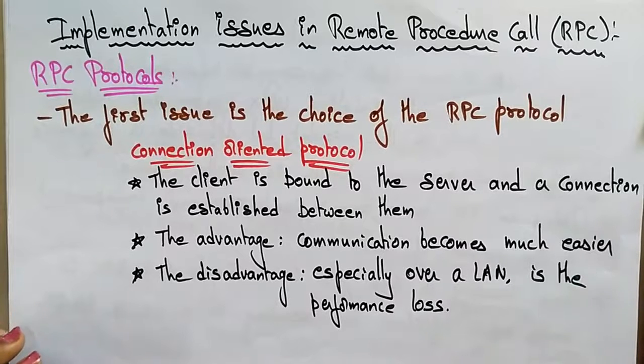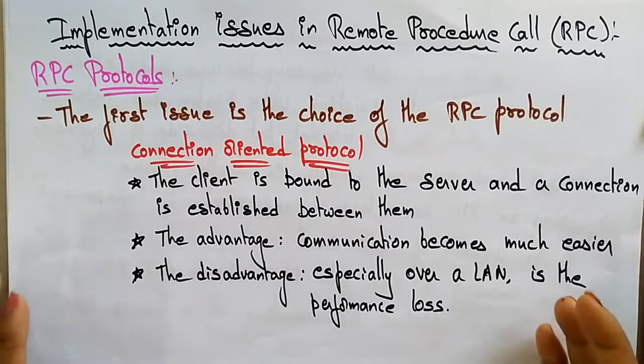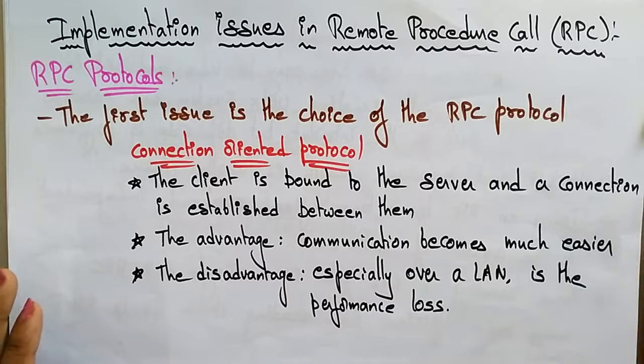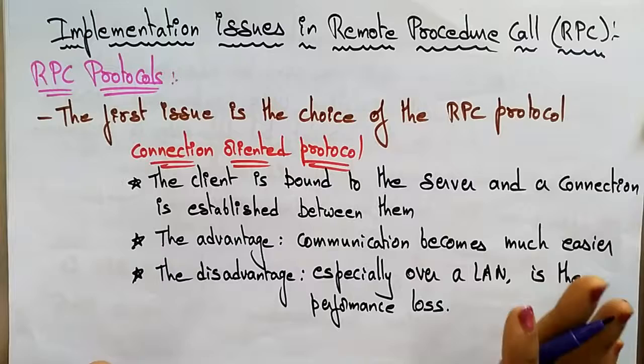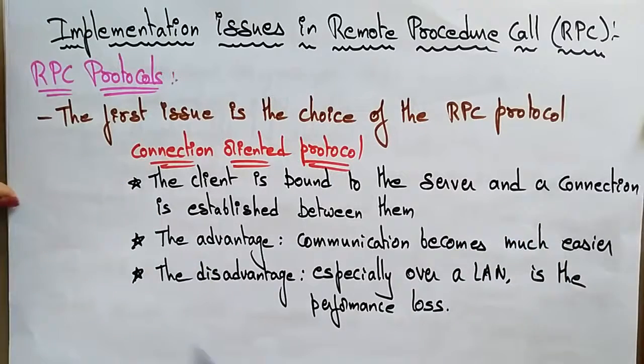If you want to call an RPC, if you want to perform an operation on a remote procedure, there are some issues. If you want to implement anything, you will face some issues. If you solve those issues, then you will succeed in that concept. That is the concept. If you want to discover anything, you have to find out what the issues are. If you solve those issues, you will get an output. In the same way, here also for implementing the RPC, some issues will be there. After solving those issues, the RPC technology was introduced.